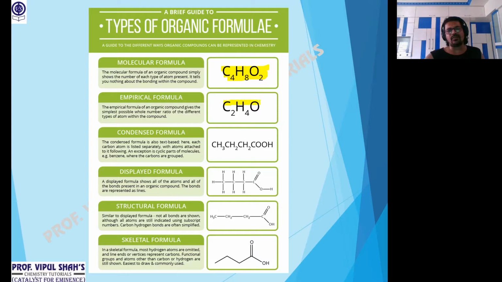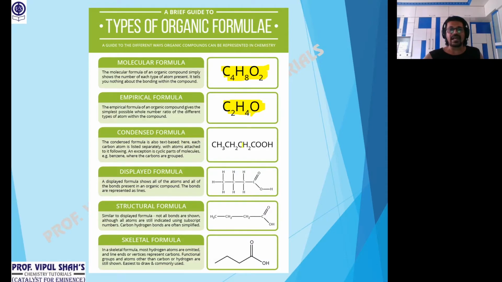Then we have the empirical formula. I've told you what empirical formula is. It's the simplest ratio of the atoms that can be put together. That's called the empirical formula. So C2H4O. That's generally with respect to the aldehyde group, like acetaldehyde. That's an organic compound, aldehydes. CH3CHO. In CH3CHO there are two carbons, so C2, CH3 has H3 and CHO has one more H. So total 4 hydrogen and 1 oxygen. So the simplest way we can write the formula is the empirical formula.